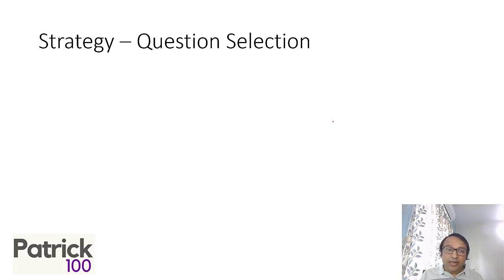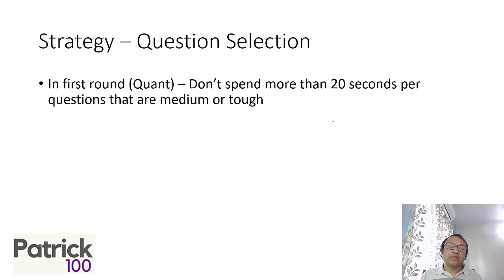Question selection is important because if you select easy questions, you will obviously get more marks. If you select tough questions, you will get fewer marks. So my normal recommendation is don't spend more than 20 seconds; spend at least 10 to 15 seconds per question. Read the question, that's important, because without reading the question you won't know whether it is tough or easy. But don't linger beyond 20 seconds, or you'll be wasting a lot of time. It's important not to try to solve each question, because the moment you try to solve each question, you're wasting your time.